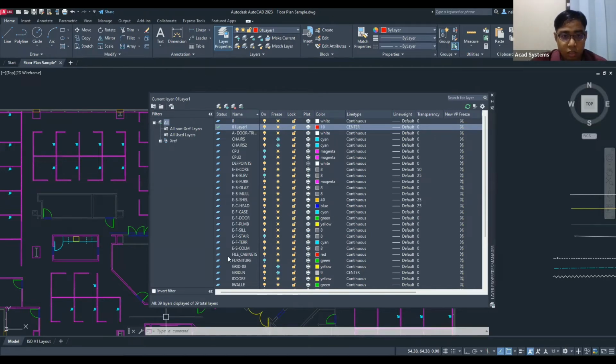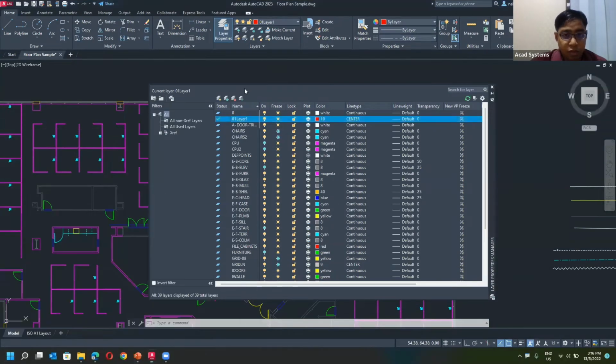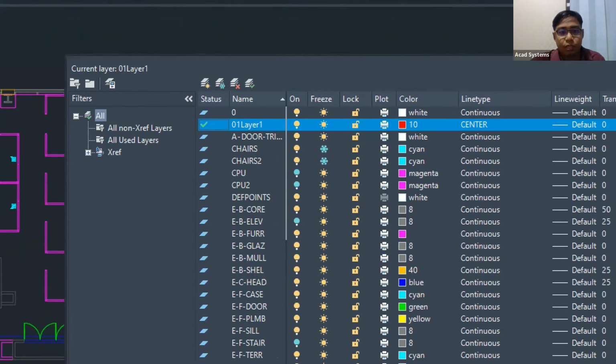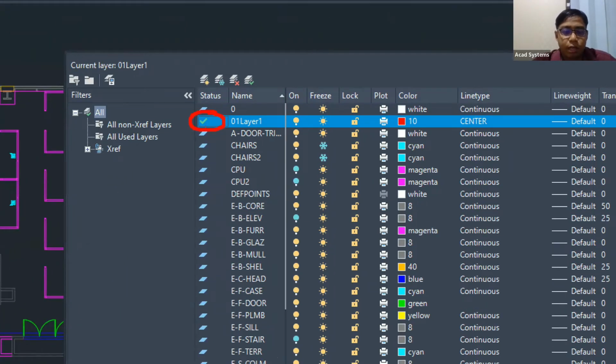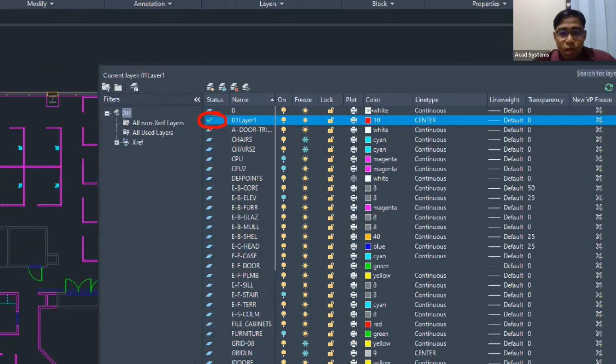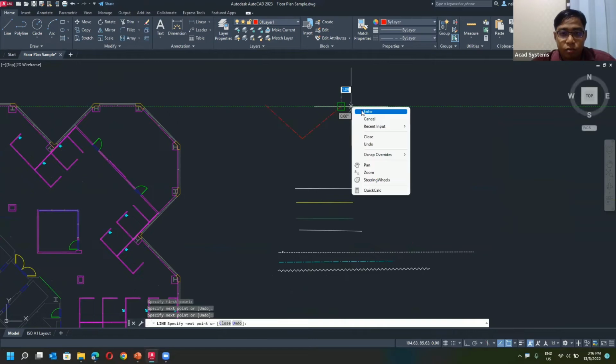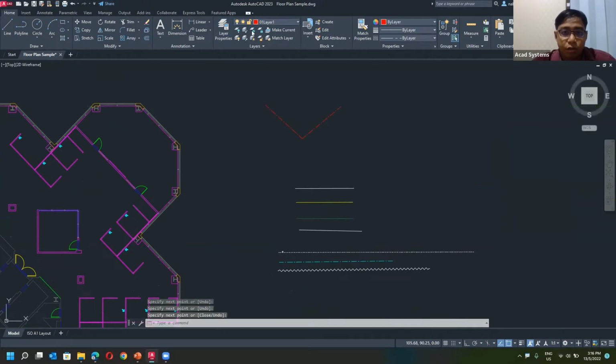So let me just zoom in for you. We have this check mark shown over here. So basically this means that currently this layer is active. If I draw some things, it will be drawn on that layer. So if you need to change to different layers,